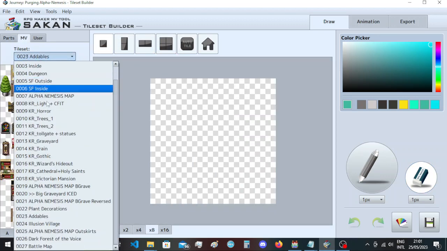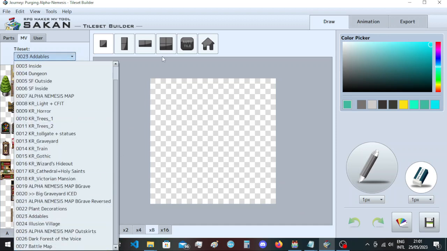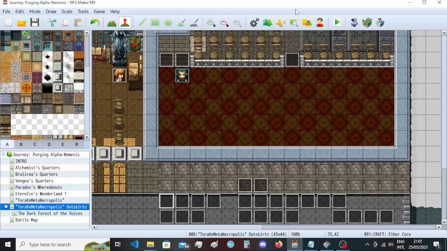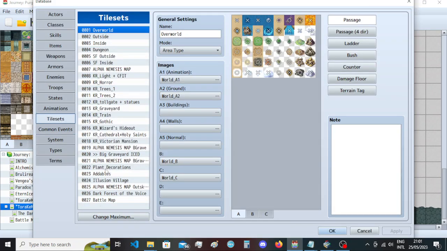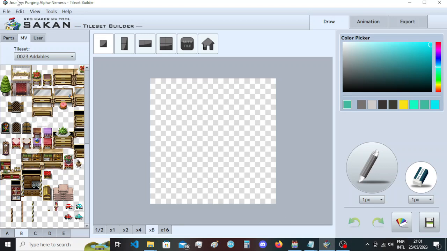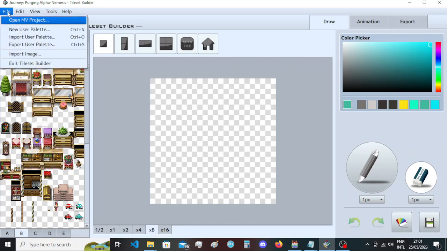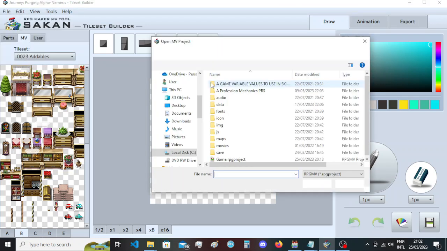In here you will see all the tile sets that you have, and this does not update. So if you want to add another tile set, you go to your RPG Maker MV, hit F9 to get into the console, hit tile sets, and add or remove whatever tile sets you want. You must also put the parts. Hit apply, then save your project, and only afterwards restart this. You don't have to shut down the tileset builder, you just have to go to Open MV Project